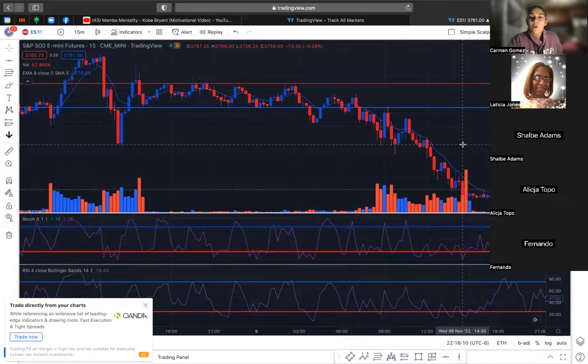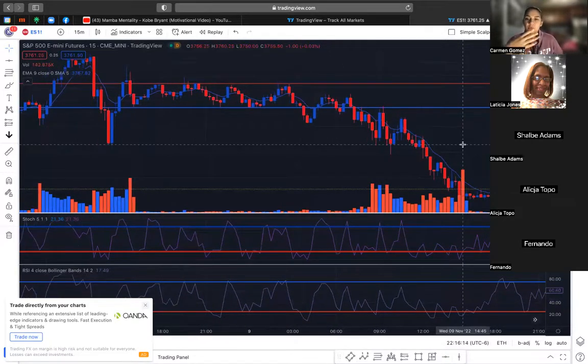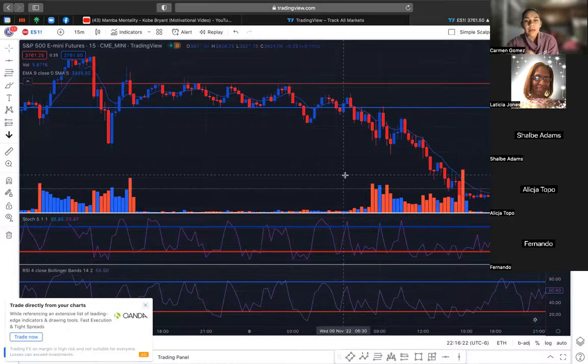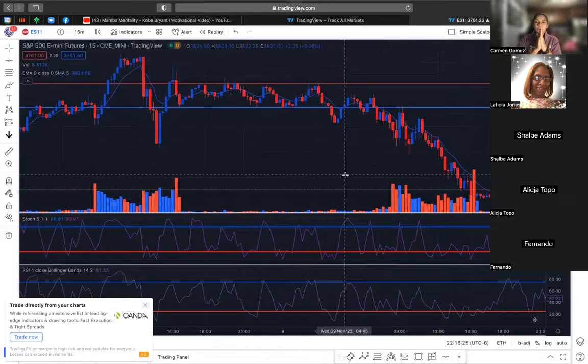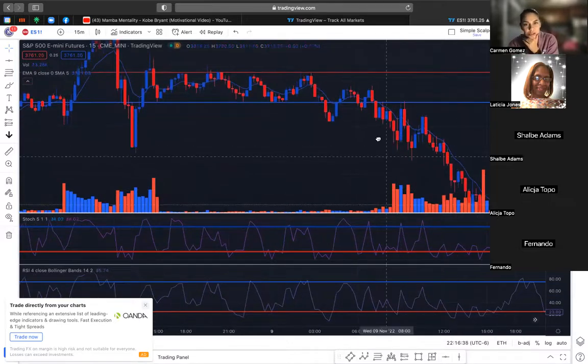Okay, so as I was saying, it's very important to understand these movements, because you know that the market is only going to consolidate for so long before there is a breakout. And a breakout is very important to understand, because there is something called a fake out, where people can say, Carmen, I had all my confirmations. Let's say, for example, you were getting ready to get into a trade.